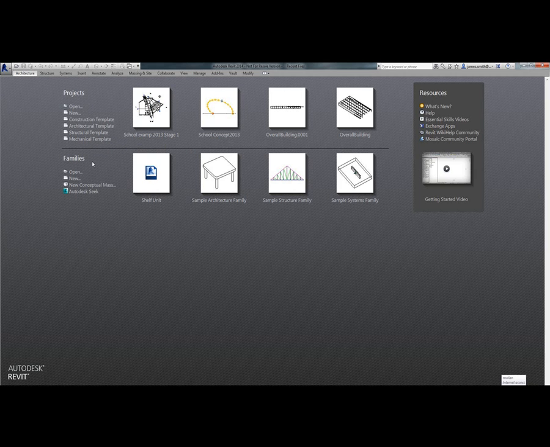I've also got families. Families are a group of products that can all relate to each other, for instance, a group of windows varying in different sizes. As a company, you can upload all of your products to one of the online sites such as Autodesk Seek, and various different people, so architects and engineers, can download those products and implement them into their drawings